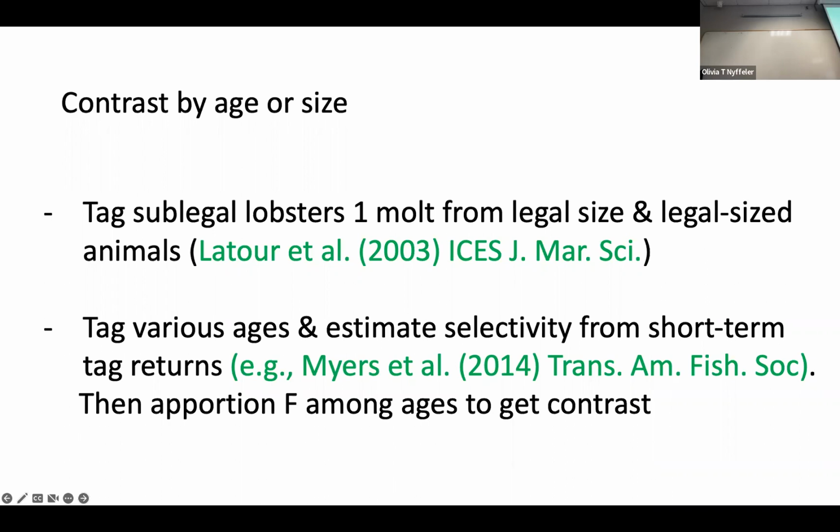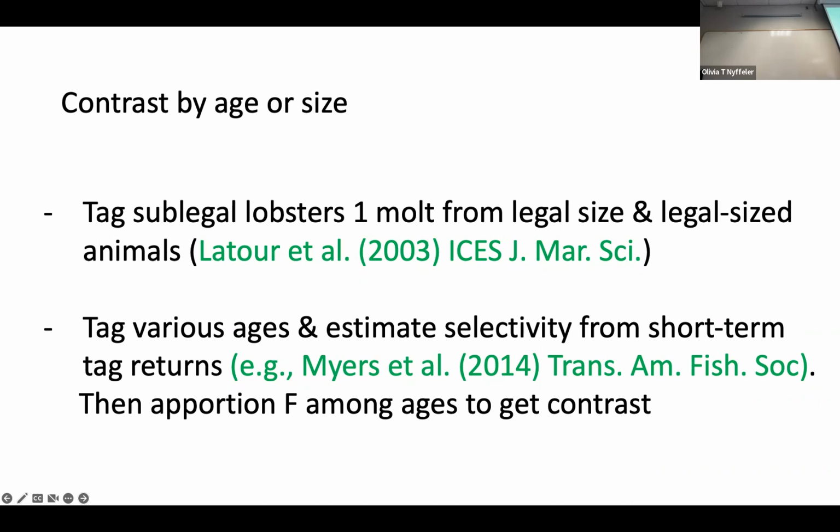The other thing is you could tag various ages and estimate selectivity from short-term tag returns. And this paper here actually was done with the Minnesota DNR and the Great Lakes Indian Fish and Wildlife Commission. It is estimating the selectivity of angling for walleye in Wisconsin and Minnesota lakes. So the idea is this: say I tag